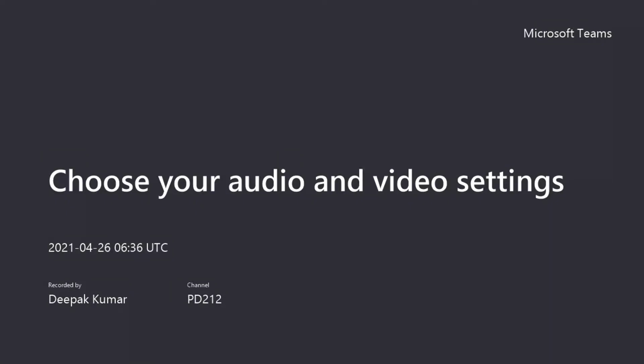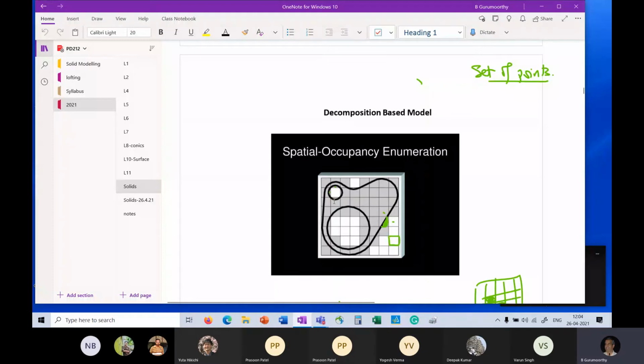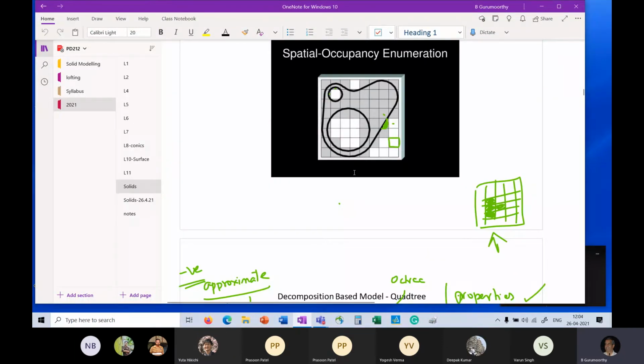Right? And hence it is called spatial enumeration or spatial occupancy enumeration. And there were two types there. One where we used the old school, high school technique of finding areas of arbitrary objects by embedding it on a graph paper and then filling out the graph cells that are occupied by the object, right? So that is something that you are all familiar with.